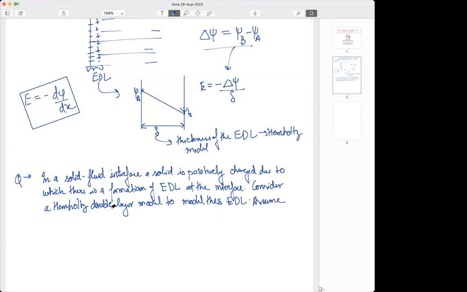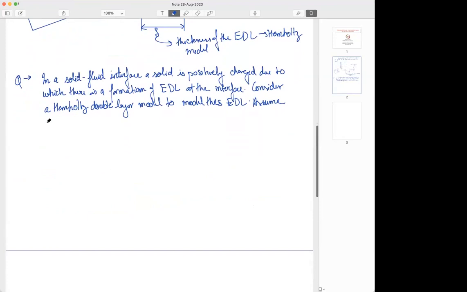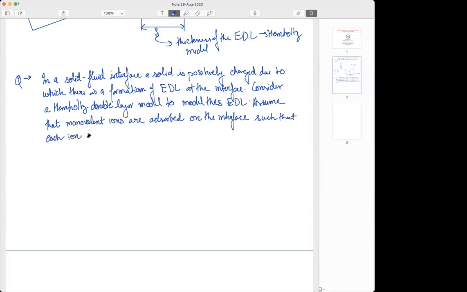Assume that monovalent ions are adsorbed on the interface such that each ion occupies 16 nanometer square area. So the question is,